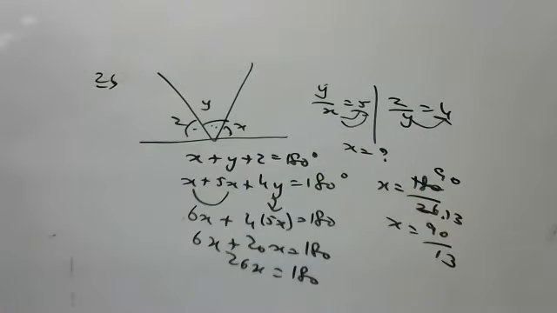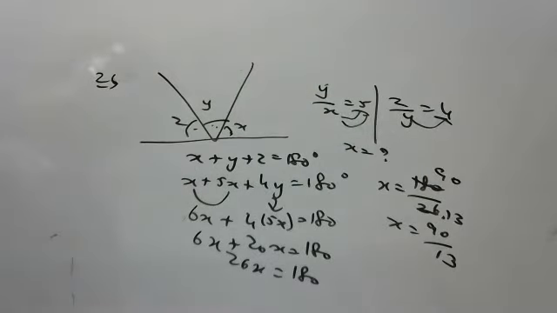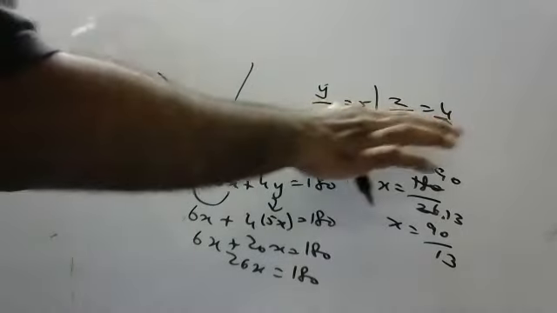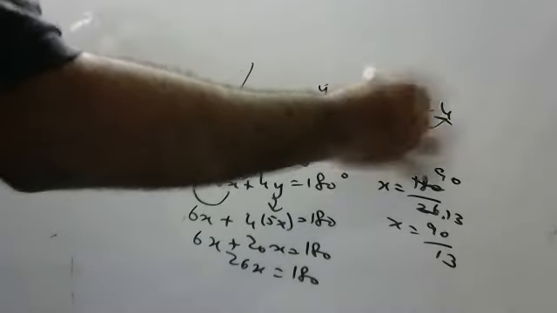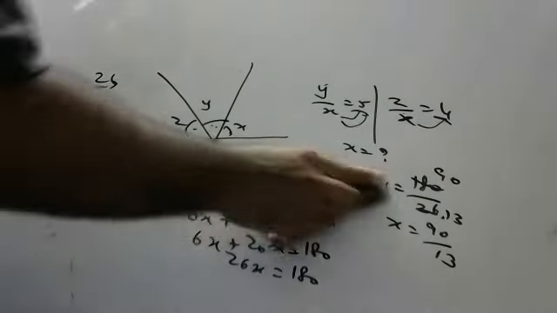I think somewhere we made a small mistake, children. It is z by x, I think, because it is blurred there and I could not see it. Please put z by x, because 90 by 13 is a weird answer. But the procedure is fantastic, children. No problem with this procedure.